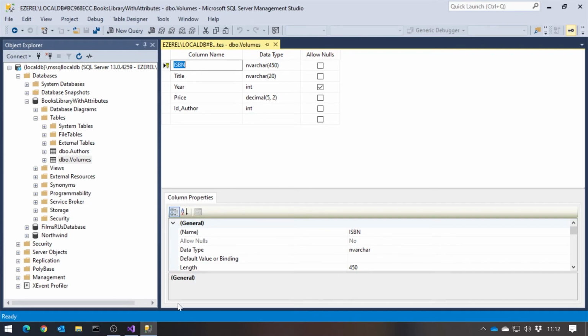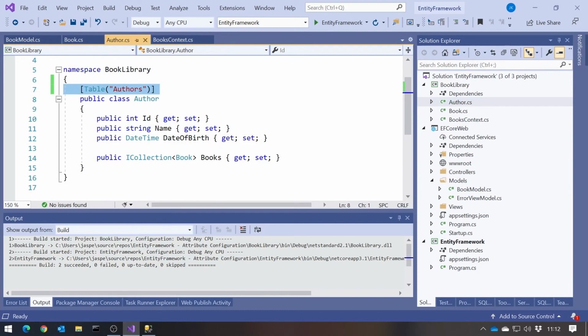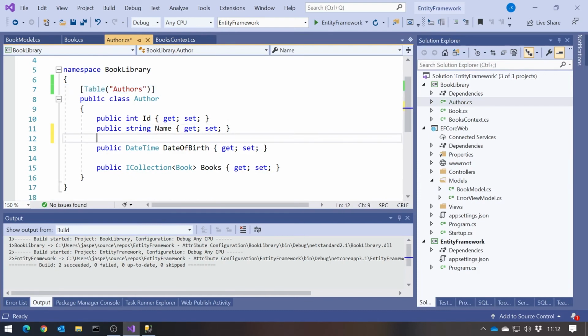One last one of these is if we look at our author, author has a date of birth which is of type DateTime. So in C#, we only have this DateTime structure that we use both for storing dates and times and the combination of the two. But let's be honest, when you have a date of birth, you don't know what time the person was born at typically.